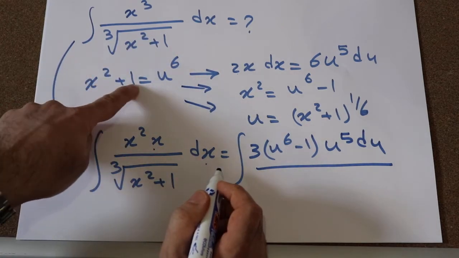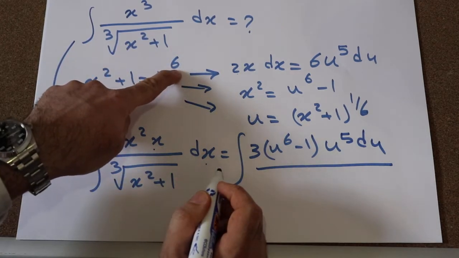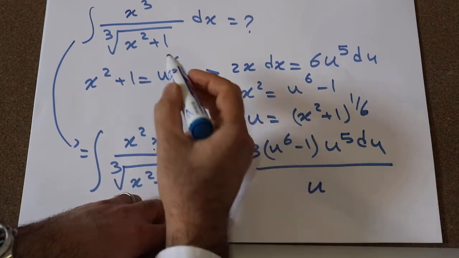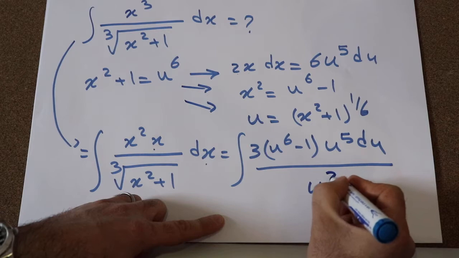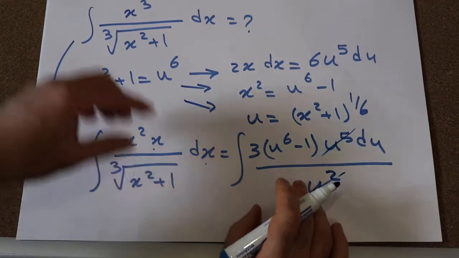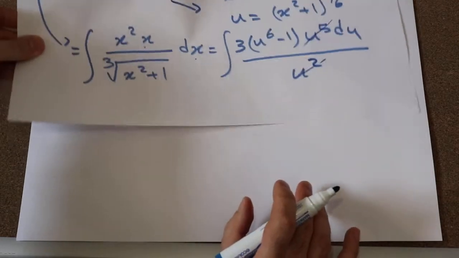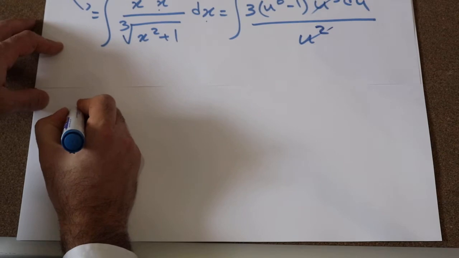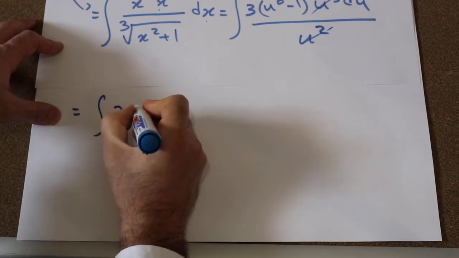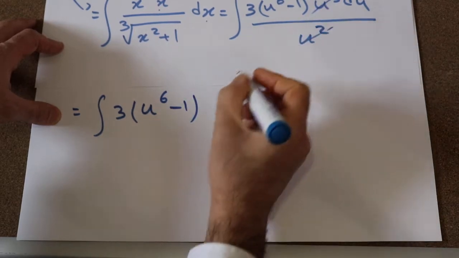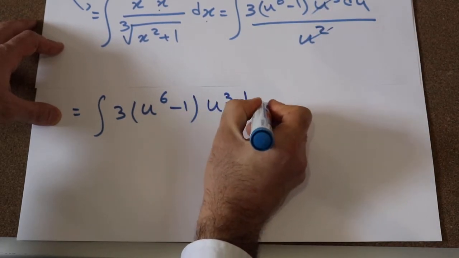So x^2 + 1 is u^6. Therefore the third root of x^2 + 1 will be equal to u to the power of 6/3, that will be u^2. So this u^2 cancels part of u^5, leaving u^3. Therefore you can rewrite this integral as the integral of 3 times (u^6 - 1) times u^3 du,